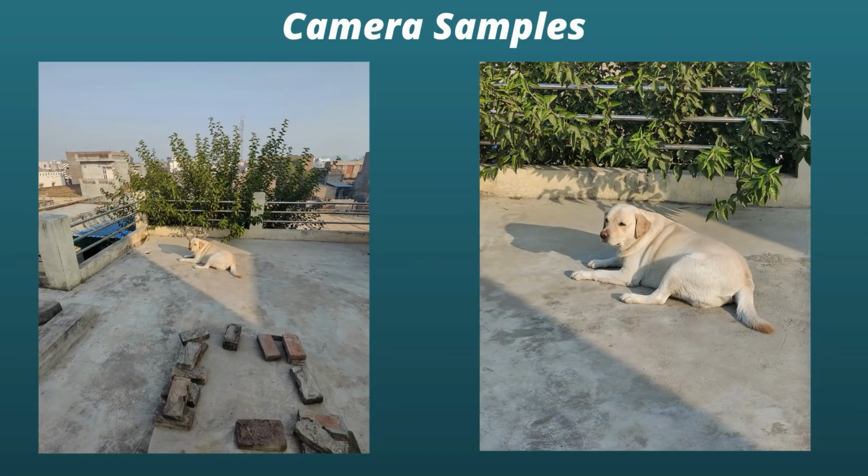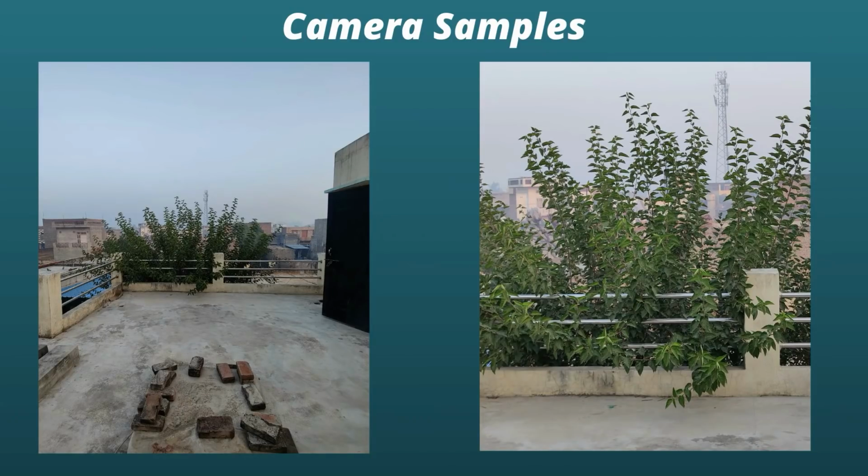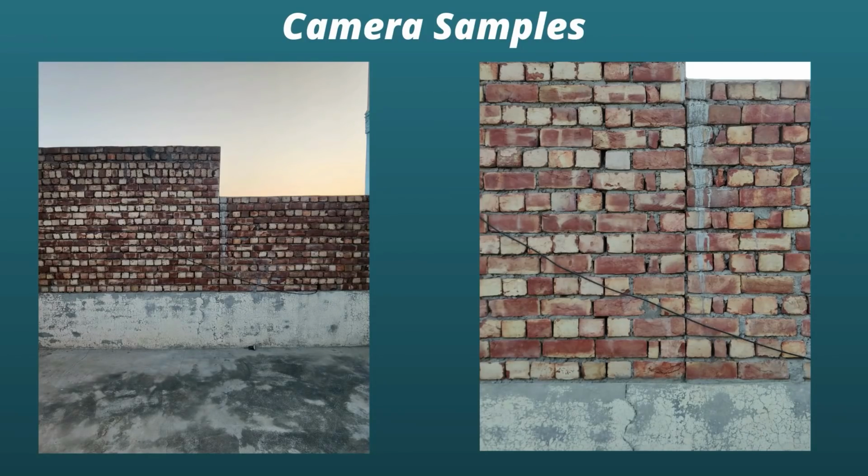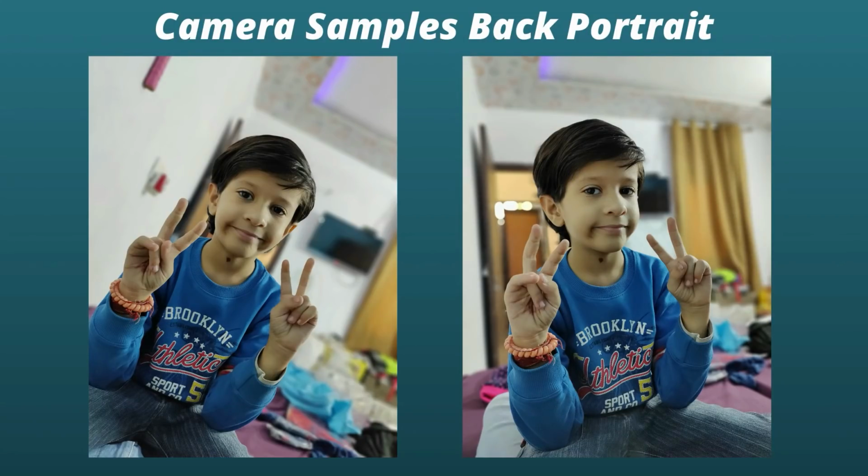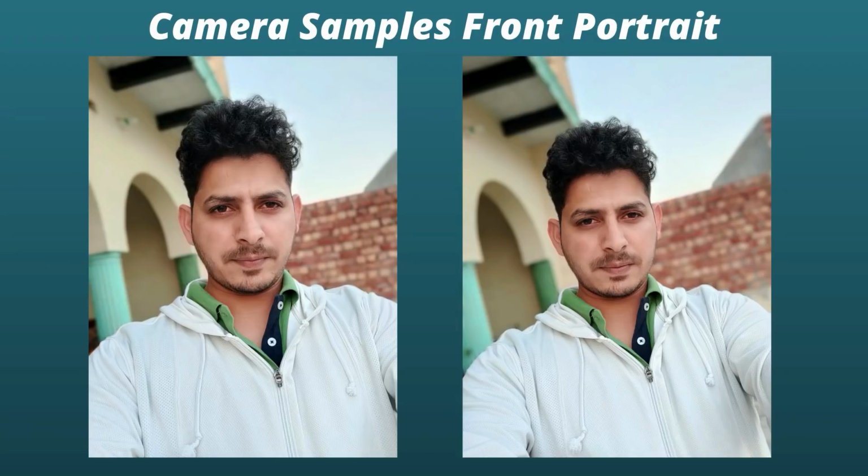The only problem which I have been seeing on the OnePlus 9 series is the color shifting whenever we switch between different lenses. And still on Oxygen OS 12, we see the same results while switching between the lenses. It's not a minor difference, but a lot of color shifting happens. But when it comes to portrait mode, I'm pretty much happy with the camera performance, both with the front and back camera. Also, we get an option here wherein you can adjust the aperture to get a better blur effect.